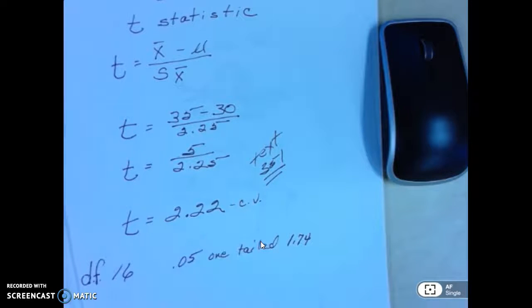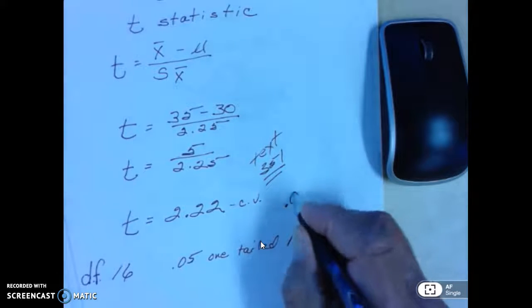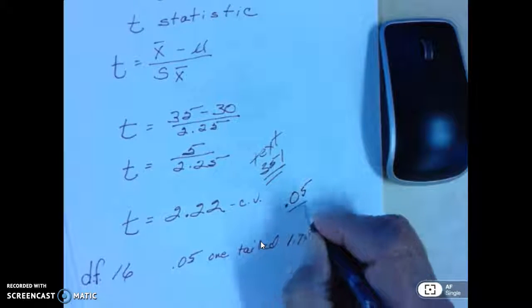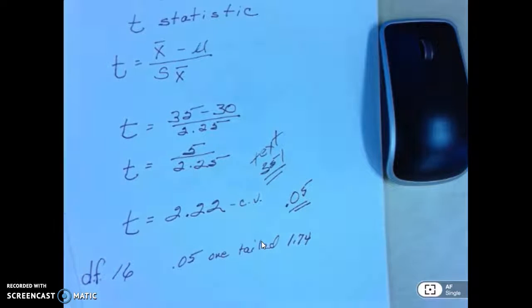That's what we have right here. If we go down the left side of our table until we get to 16, and then go to the right until we get to, remember, 0.05 as our alpha level. And so we go up above and we see 0.05, and we have 16, and where they intersect then is